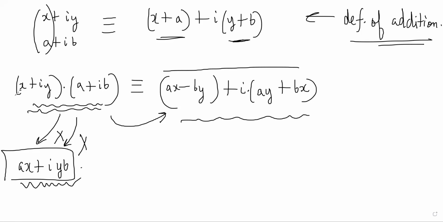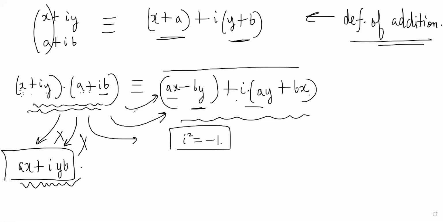Why? Because you want to be able to multiply like algebra. So you're multiplying a into x, which is ax, i into bx, which is ibx, iay, which is this term, and i square by, where i square is -1, so minus by, right? So you want to follow the normal distributive rules of multiplication and use the fact that i square is equal to -1. So that is why the definition is like this. Also, now we can think of a nice geometrical meaning of multiplication. So what is multiplication in complex numbers? Anybody knows?